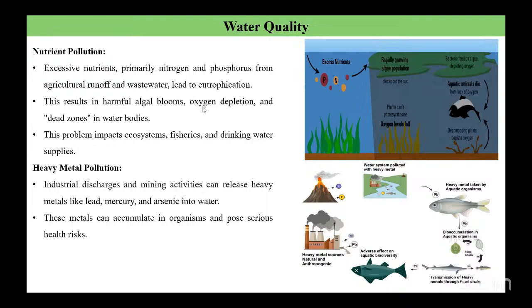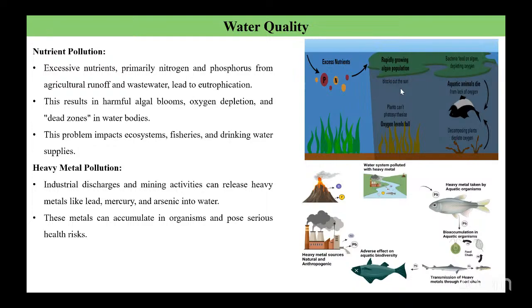So dead zone, if we look into this picture, we can see there is an excess amount of nutrients in the water, rapidly encouraging the algae to grow, which is ultimately blocking the sun from reaching the lower levels of the water. And bacteria feed on algae, so this is like an interconnection. The more algae, the more the bacteria will feed on it, and the more oxygen present in the water is taken up by the bacteria.